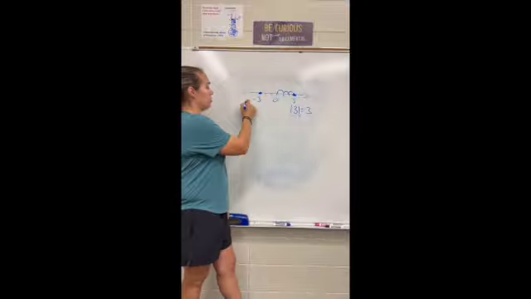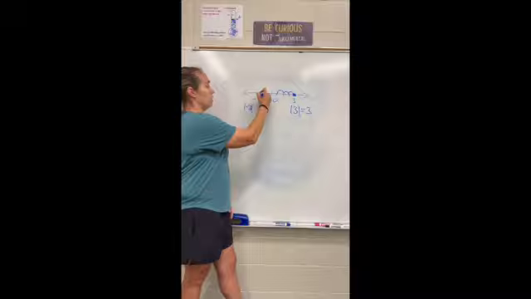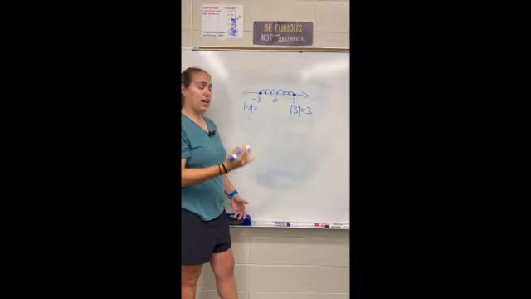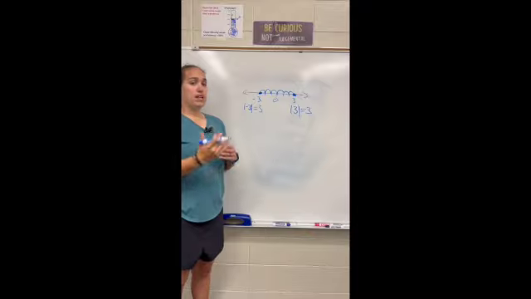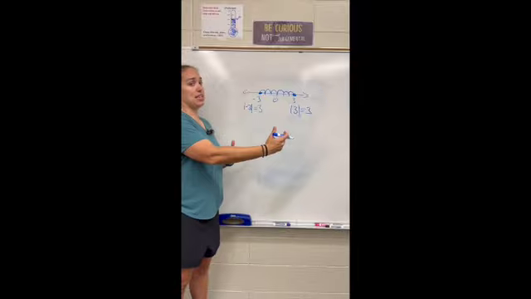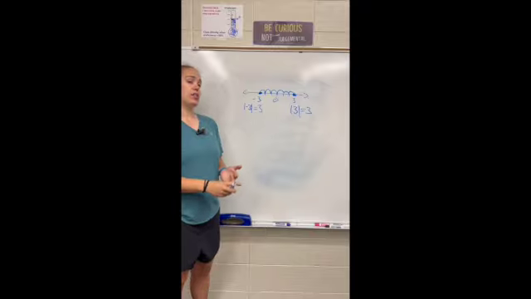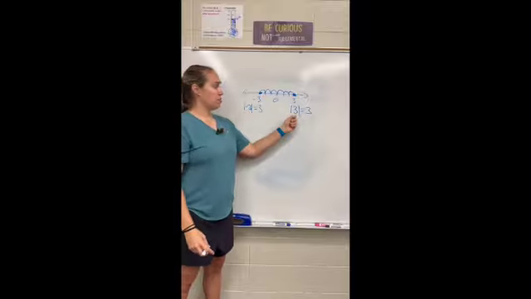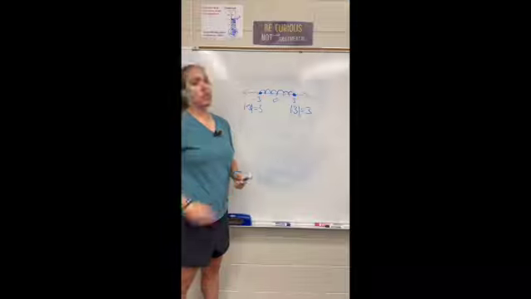Well, what if I look at the absolute value of negative 3? Again, I would want the distance from 0, 1, 2, 3. The absolute value of negative 3 is also 3. Because absolute value is distance, that means the absolute value has to equal a non-negative number, meaning it can equal 0 or a positive number. So the absolute value of negative 3 is positive 3. The absolute value of positive 3 is still positive 3 because they are both 3 units away from 0 on